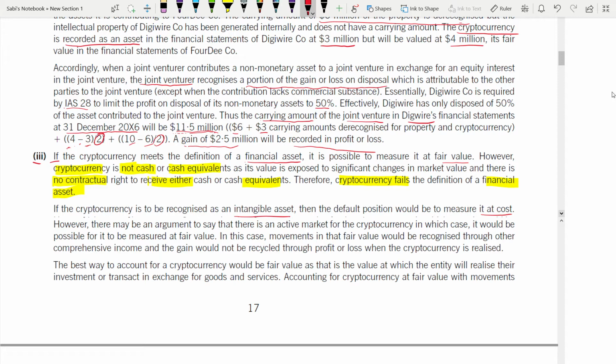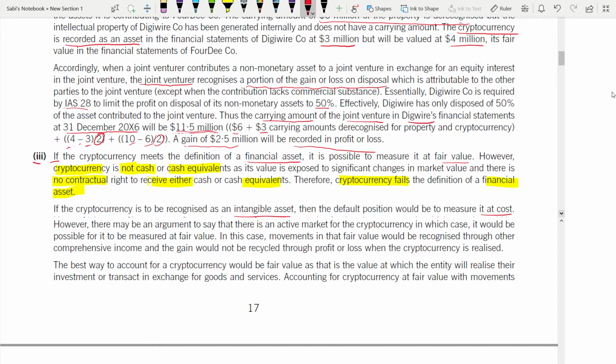However, there may be an argument to say that there is an active market for the cryptocurrency. Yes, see, intangible asset, if you want to measure it at fair value, an active market has to be there. Not all intangible assets have an active market, and for cryptocurrency, it's hard. Okay, but it is possible that there is an active market for the cryptocurrency, in which case it could be measured at fair value. Not always, but yes, it is possible because there's an